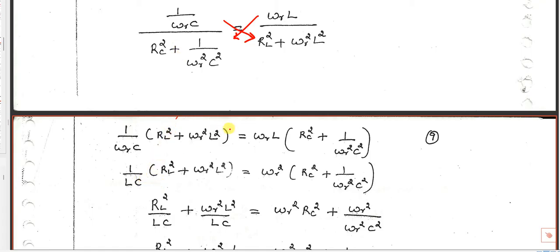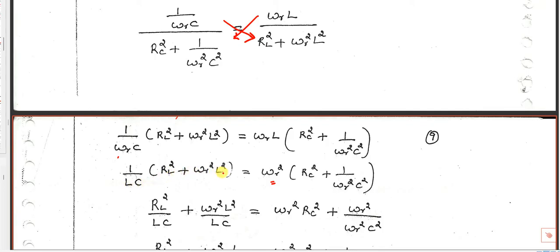After that, divide throughout by L. This omega r you bring here by cross multiplying, and it becomes omega r square. This L you bring to the left side, since this is a product. Divide throughout by L and multiply throughout by omega r; this will get cancelled and you will get omega r square. Dividing throughout by L gives you L here, and here L will get cancelled. So 1 by LC